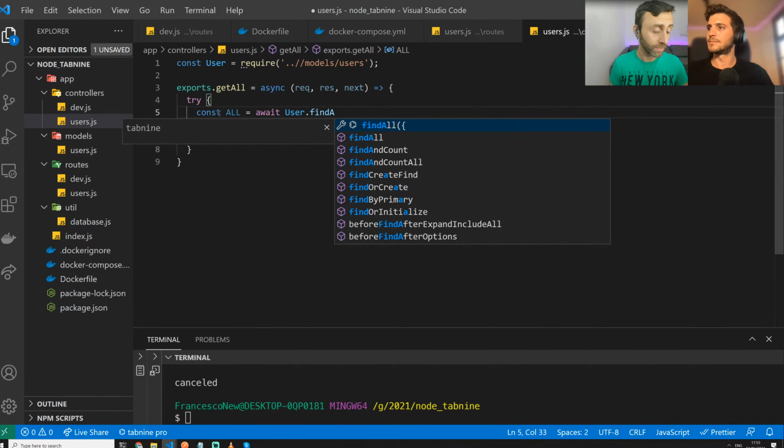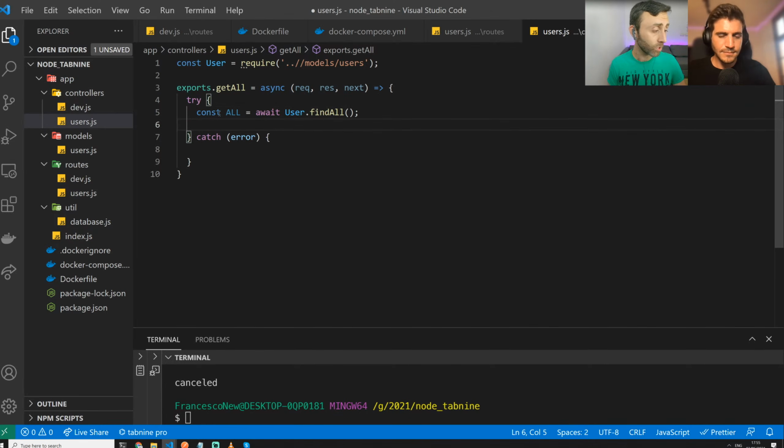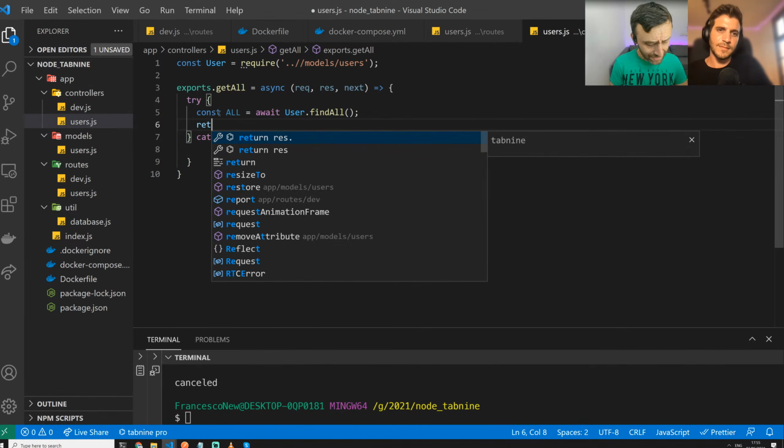This is a method used by Sequelize. So basically, Sequelize has given us all the users that we have. This is kind of powerful. I don't need to write any SQL queries here. And then let's try it without